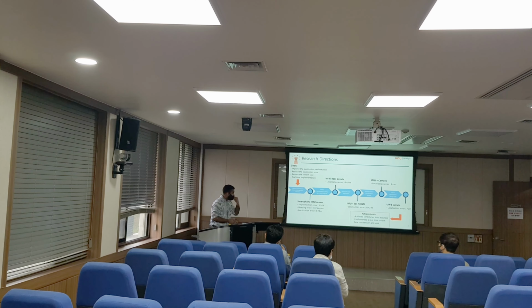But using only the RSSI data, we have some challenges. So we also consider a camera in the system, using our smartphone camera. With that, we achieved a localization error of 6 centimeters. And to get a very accurate, centimeter level localization, we use the UWB signal. With UWB based localization we have 7 centimeters.